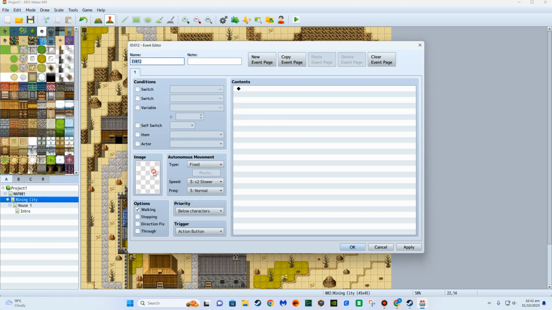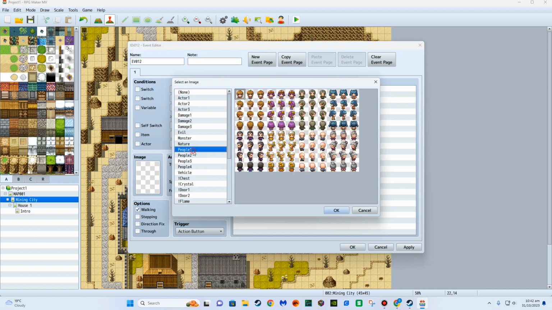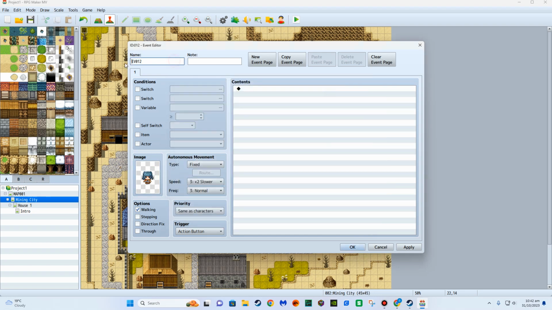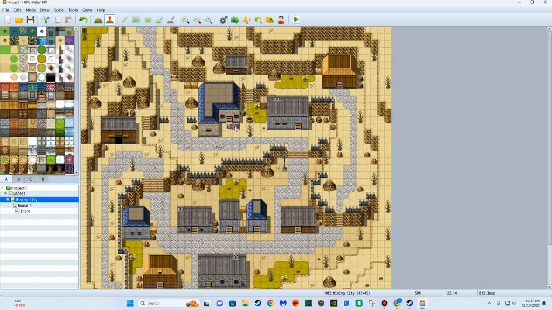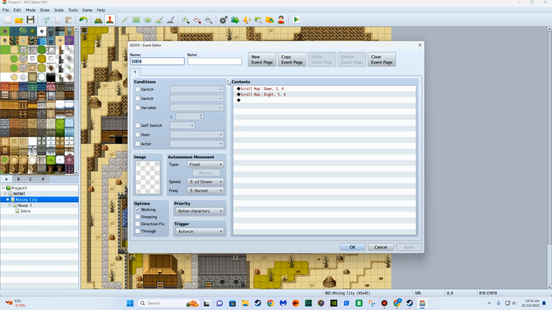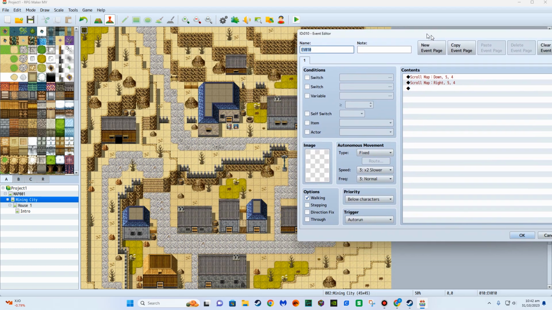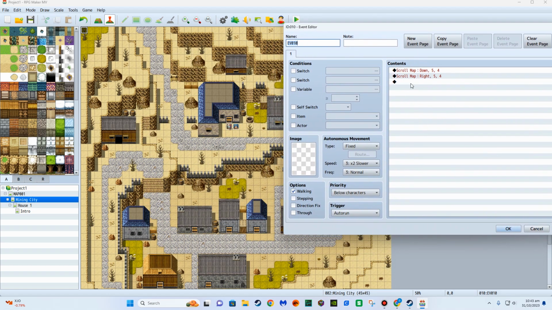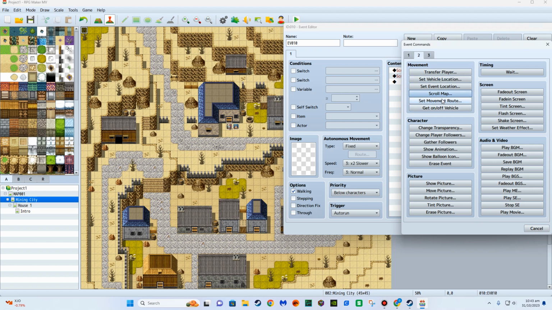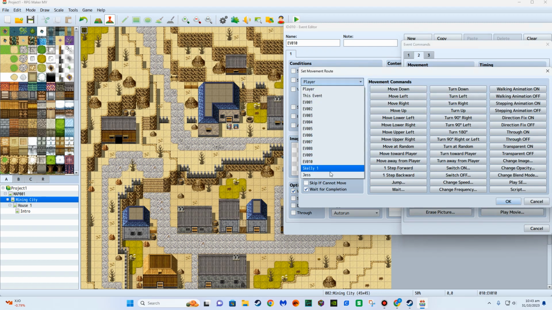And then we're going to put another person in here. We'll come up with a female name. This is Jess, and she's the one that screamed. So we're going to do some animation-y stuff. We're going to move this over to the side so we can see what we're doing, and we're going to set movement route. We're going to tell Jess, so you can see why we named our events, to